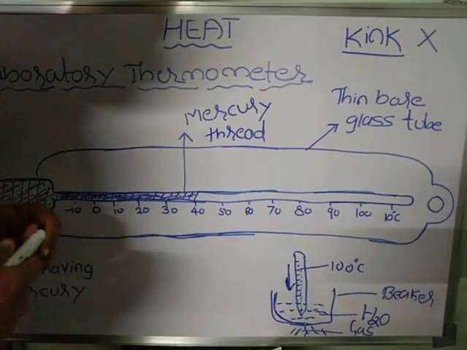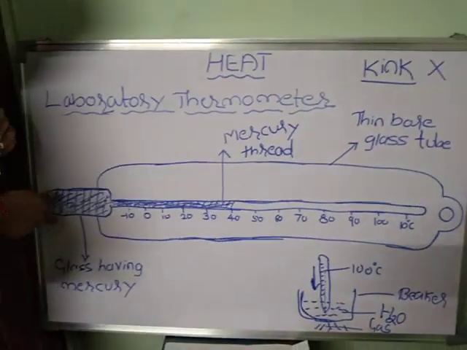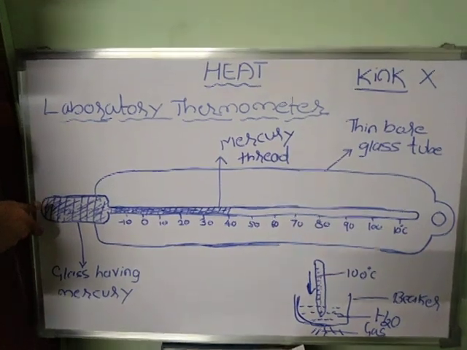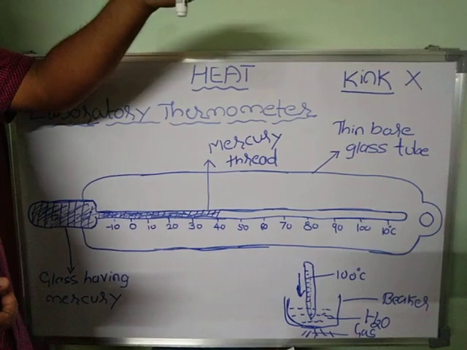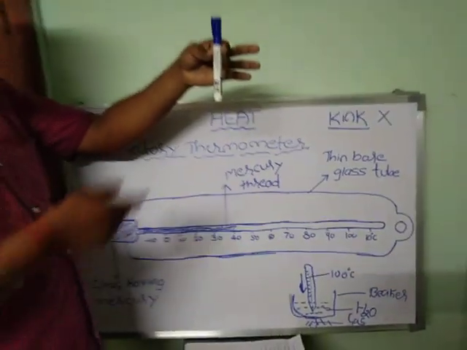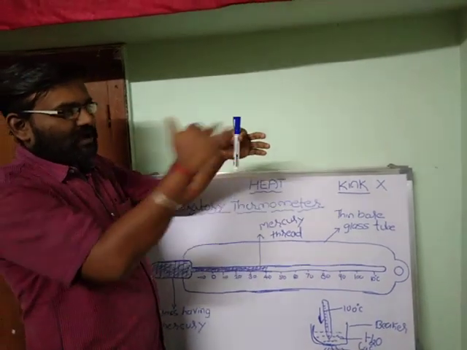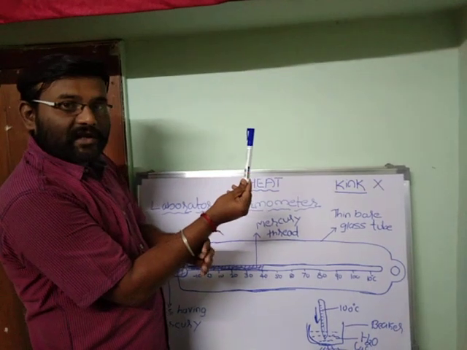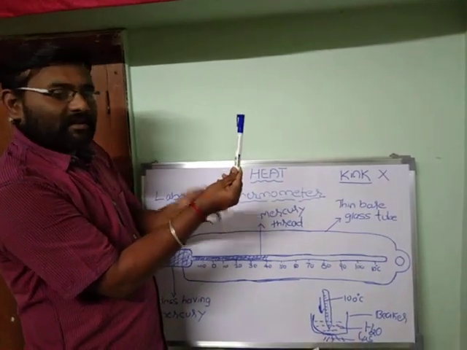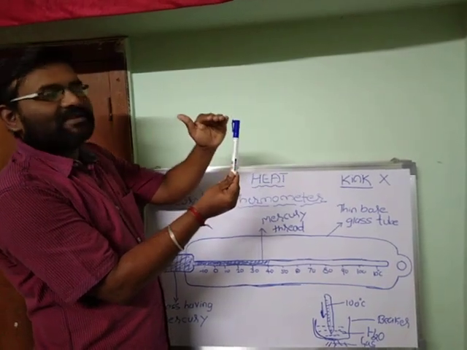The next precaution is the thermometer should not be held at the bulb. You should hold it in the middle like this. If this is your laboratory thermometer, you have to hold like this parallel to your eyesight. I am repeating, not at the bulb. I told you yesterday, if you hold it here, the body temperature adds to this thermometer, and again the mercury level starts increasing.